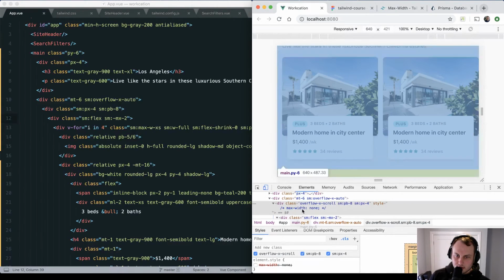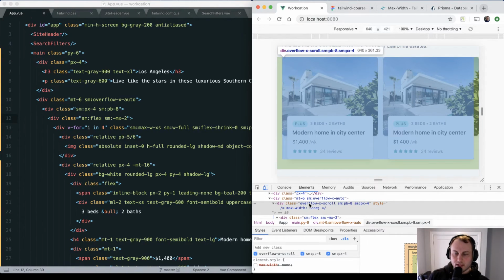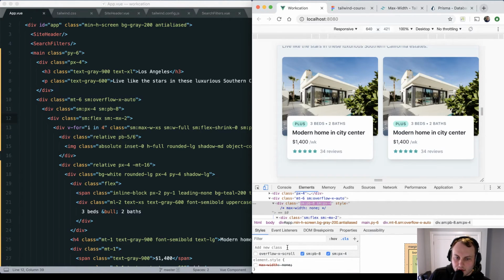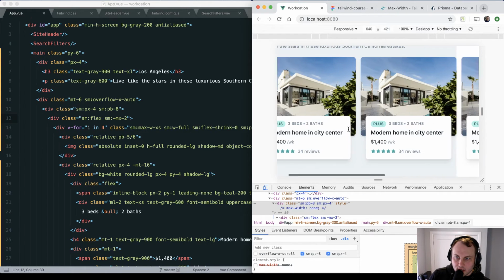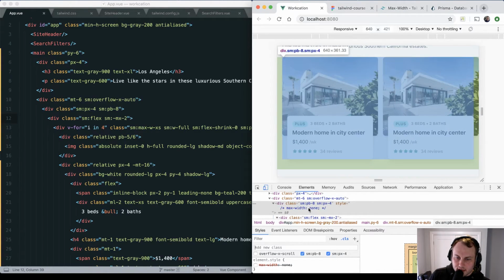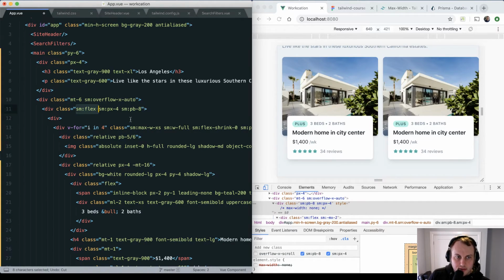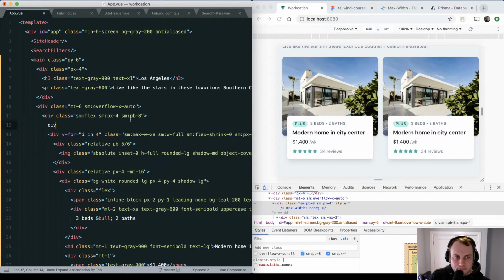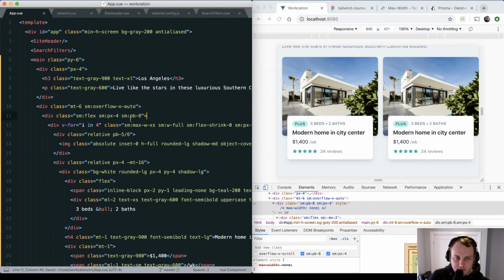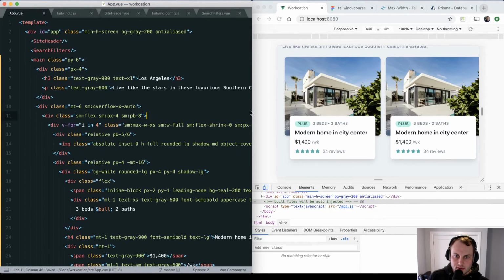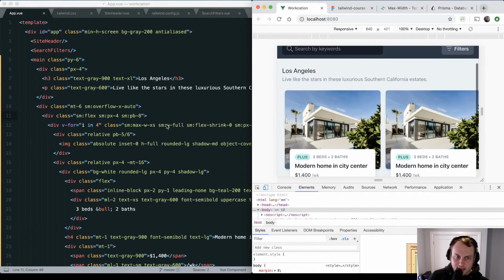Overflow X scroll, like still 640. Why isn't it expanding? Like it's got too much stuff in it, so the element should be bigger. Don't really know why that's happening. So this is something maybe I'll research later, and we can just kind of live with what we have here. I do want this element to